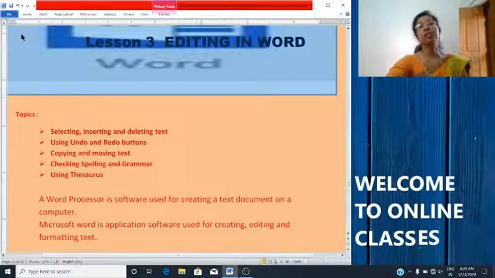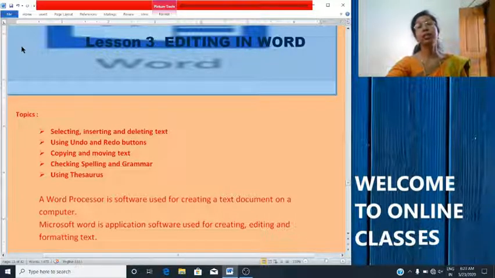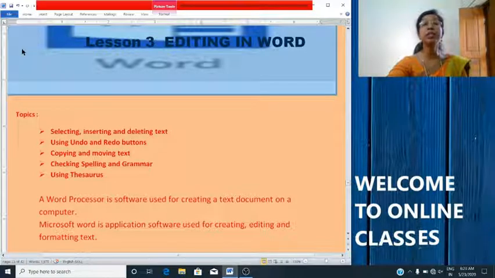It provides different tools for selecting, copying and moving, deleting and printing text. Microsoft Word is an application software used for typing, editing, formatting and printing text documents.